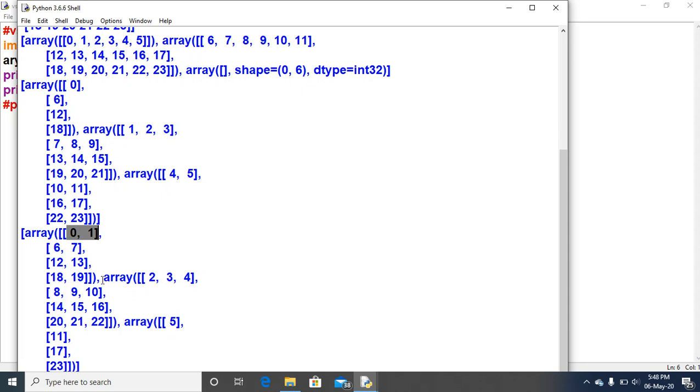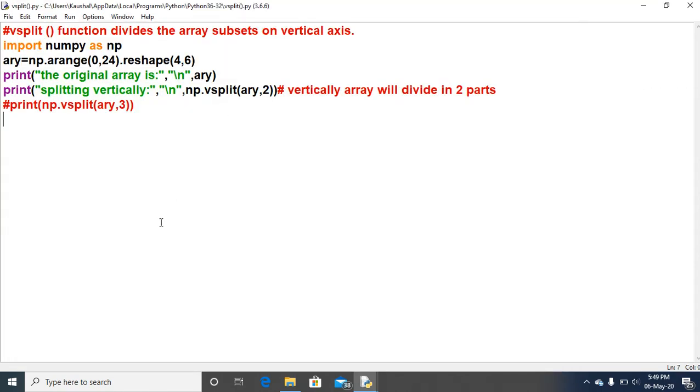In that way the first array slicing. The second array slicing is 2 to 5. This is the thing, 2 to 5 starting from here till the end here, and array 5, 11, 17, 23 is coming because it is the 5 colon, the third slice. So in this way we will do the splitting using the split function. So we have seen 3 split functions, that is vsplit, hsplit and the simple split. So in this way you will do the splitting in 1D array as well as in 2D array.